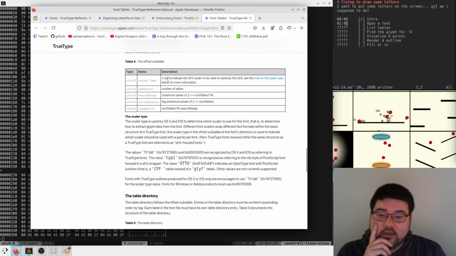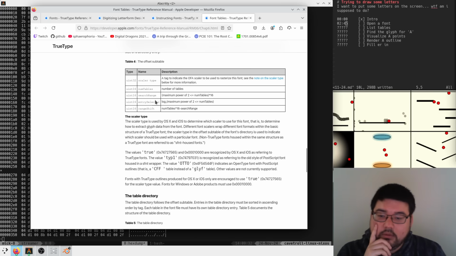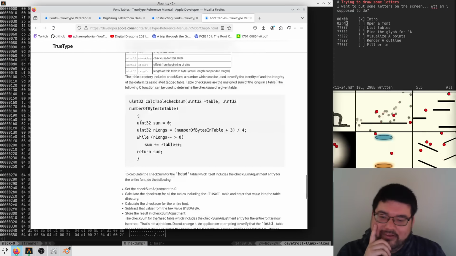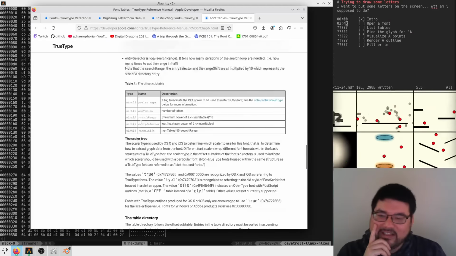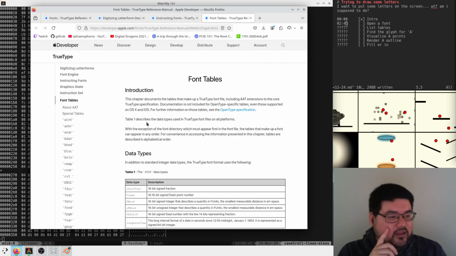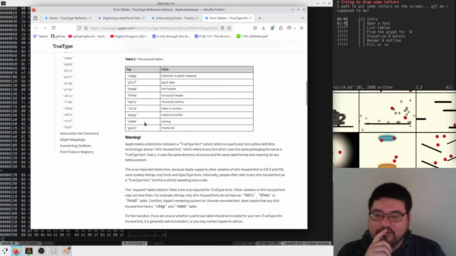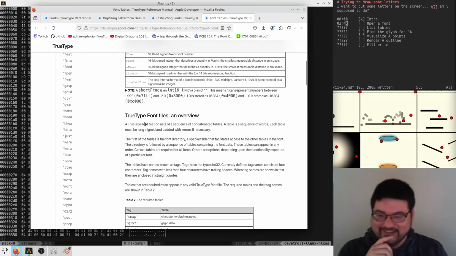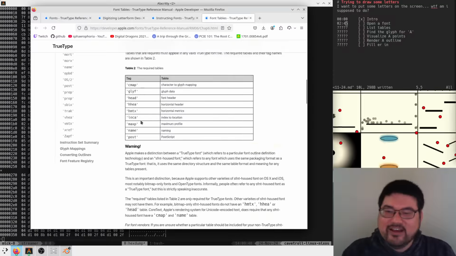A tag to indicate the OFA scalar to be registered as the font, blah, blah, blah. Dude. This is a lot of words and not a lot of just, give me some byte offsets. Please, dude. Okay, so